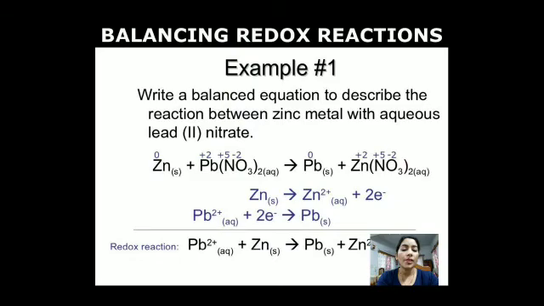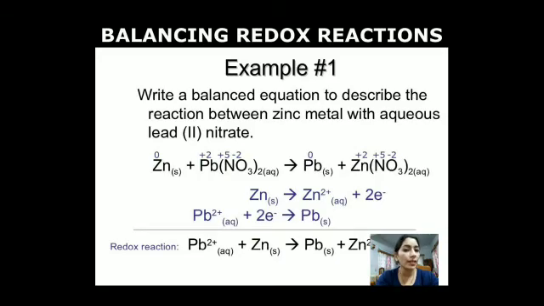There are a few examples by which we can make out such types of reactions. Suppose zinc metal reacts with lead nitrate, giving free lead and zinc nitrate aqueous solution. First we assign the oxidation numbers of all the elements. Then we find which element is oxidizing and which is reducing. Zinc metal converts to zinc ion, meaning it is oxidizing because it releases 2 electrons. Lead in ion form gains 2 electrons and forms free lead, so it is reduction.